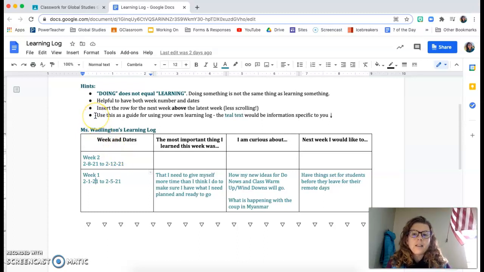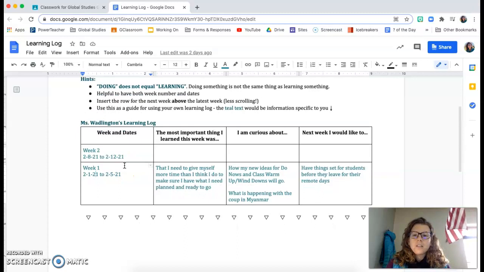And then last bullet point, use this guide that is below for using your own learning log. The teal text in the guide below is kind of a filled-in example. The teal text is going to change because it's dependent on you as an individual. So this is the model, the template. You'll label it something right here. Right here is where you'll put the week and the dates. So